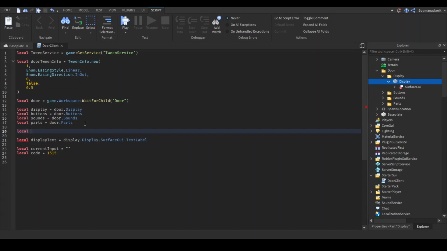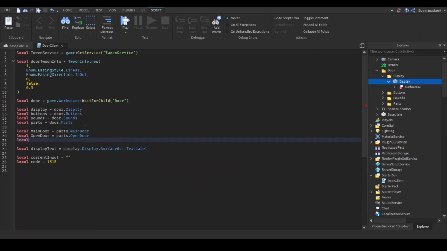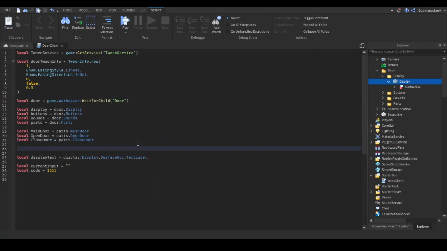So let's get the main door part: local main door equals parts.MainDoor. Local open door equals parts.OpenDoor. Local closed door equals parts.ClosedDoor. Okay, we've got these variables. Now we're also going to add the tweens, the positions where they're going to go. So local open door tween,